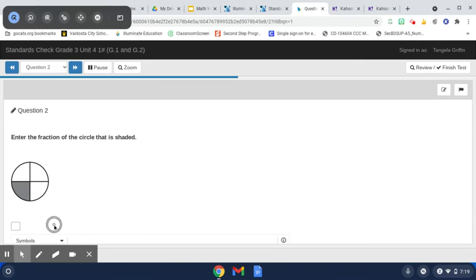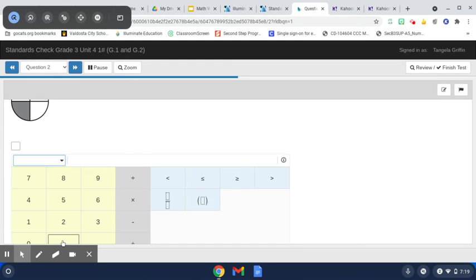Okay, so they have that little box. They want you to enter the fraction that is shaded in. Okay, so we've got this. You're going to use the symbols to help you here. So I'm going to say it's 1. And then,